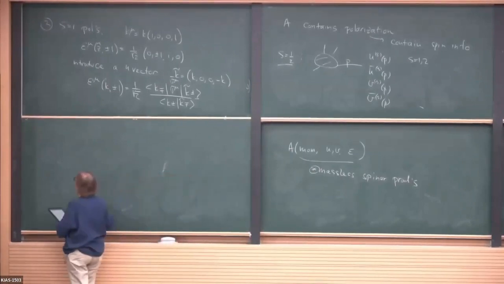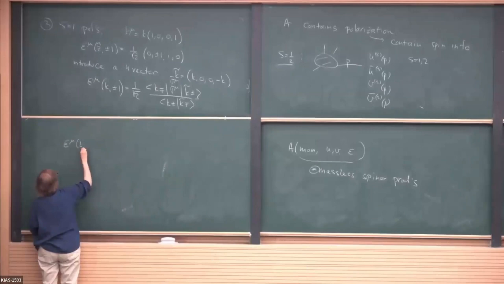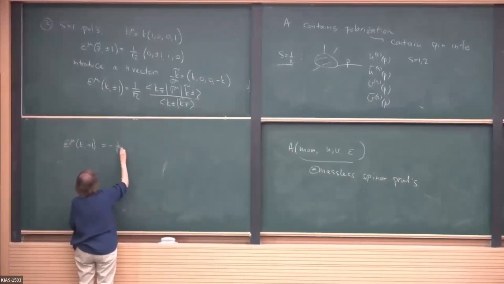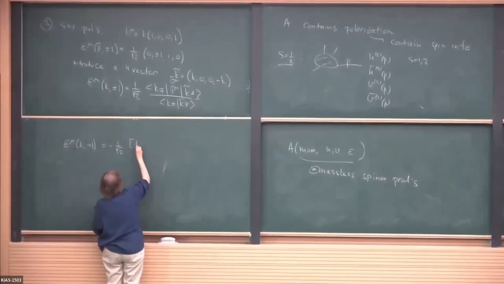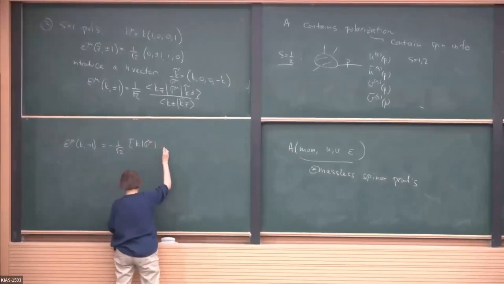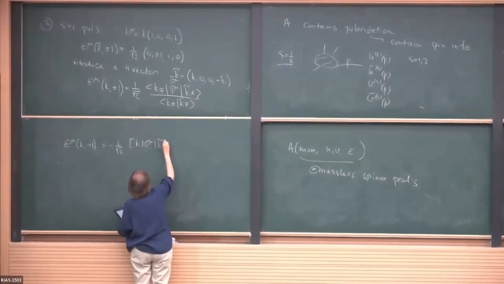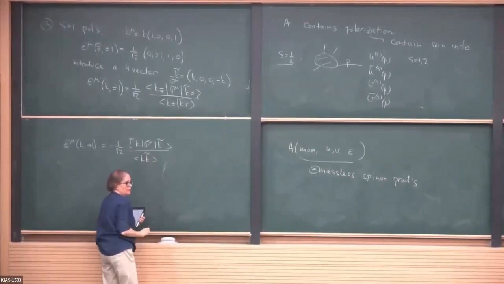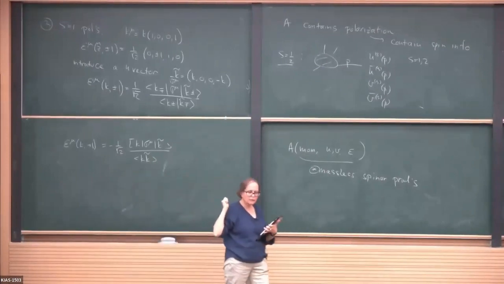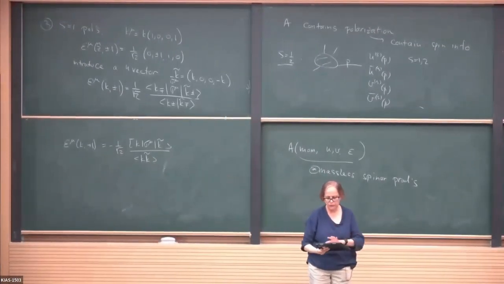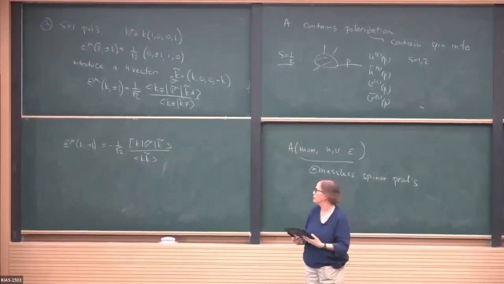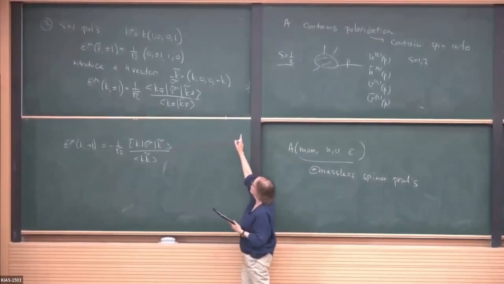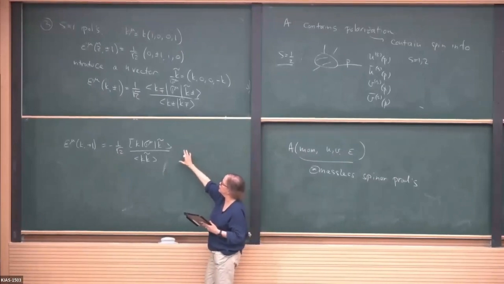So in the notation that I introduced above, epsilon mu of k plus 1, for example, is equal to minus 1 over square root of 2, k sigma mu k tilde divided by k tilde. Now this is not going to be the final form that we're going to use, because we'll do another step. So here I chose a specific k tilde and I wrote the usual polarization in this way.